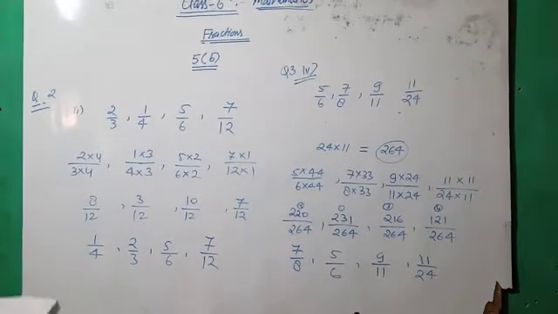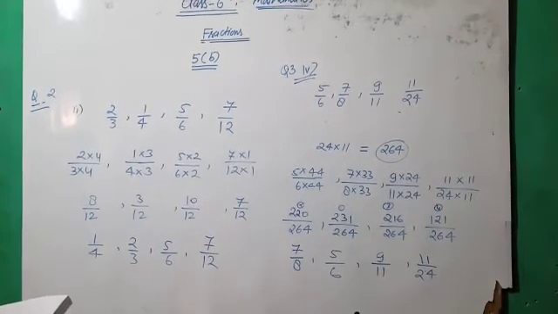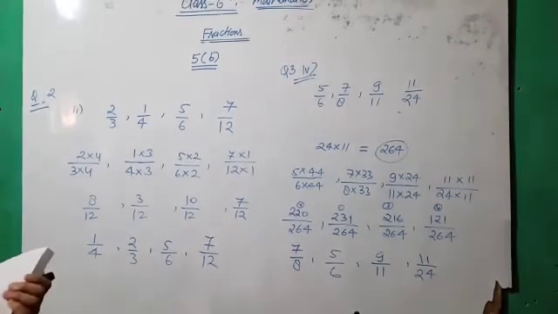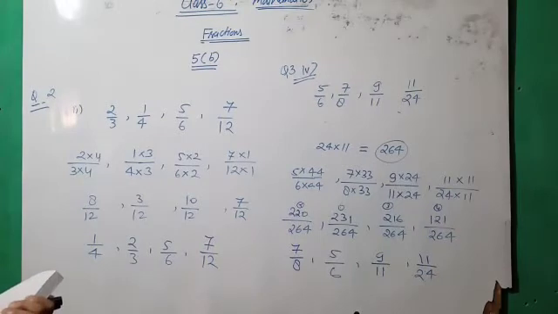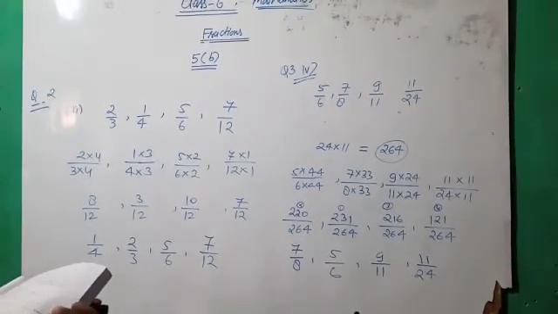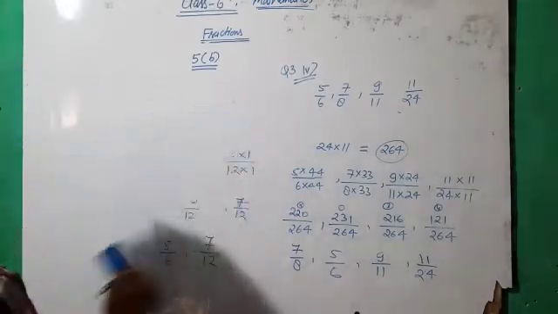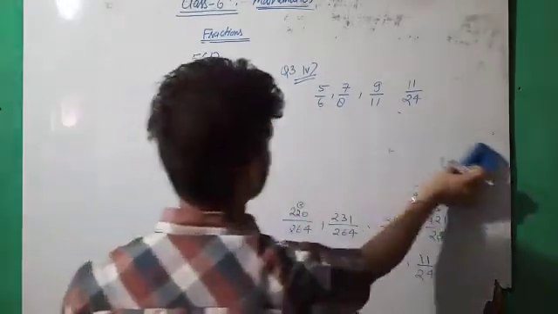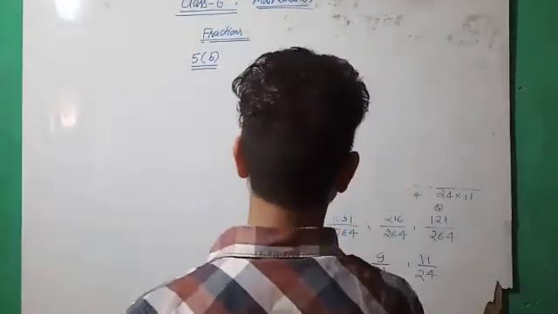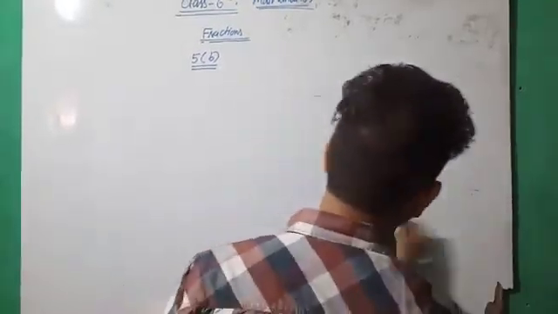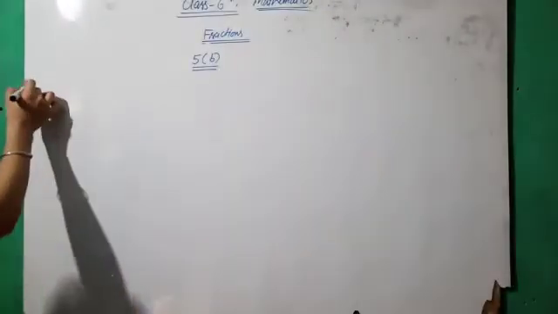Okay. Question number 4. In an IPL cricket tournament, Mumbai Indians won 15 out of 16, means 15 by 16 of the matches it played, and Gujarat Lions won 3 by 4 of the matches. Which team has better record? Okay. The only way to compare the two fractions is to take the LCM, then just compare their numerators. Okay. It's a very simple way. Okay. Question number 4.